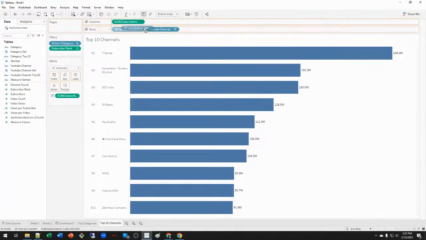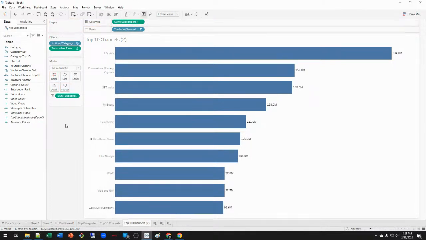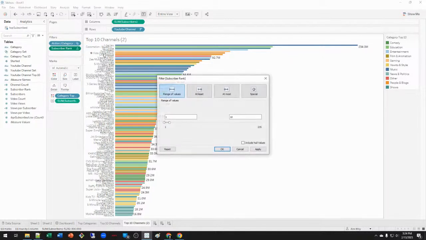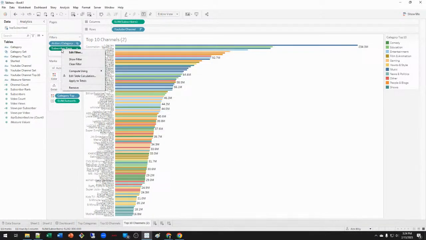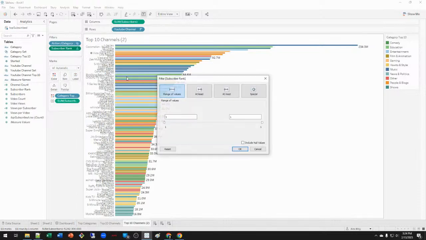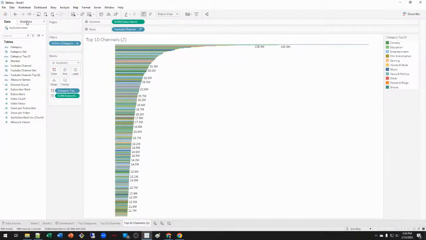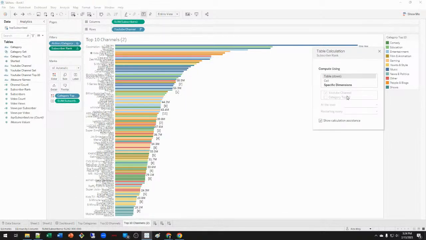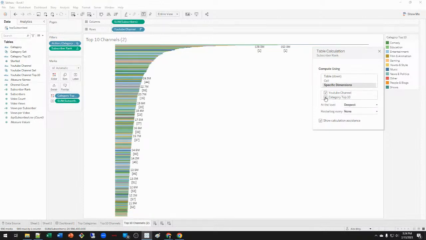let me remove this first. So actually, here's a trick. Here's something that I do from time to time: I duplicate these and then make my modifications on here before I take a look at how it affects that. So as soon as I add that, it's still 1 through 10, but it's using it from a table down. So if I say by cell, whoops, by specific dimension,